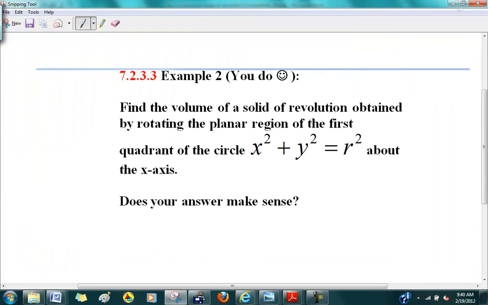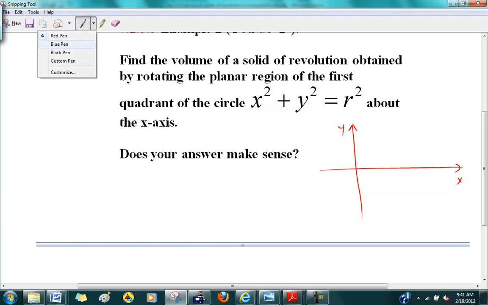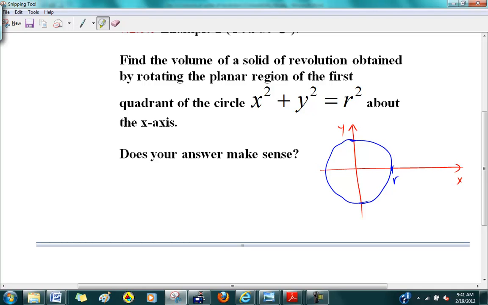Okay, so first things first, you need to graph this. So you know that find the volume of the solid obtained by rotating the plane region of the first quadrant of the circle. Okay, so here's my x, here's my y. My circle kind of looks like this, where this is r, that's the radius, and that is r as well. And it's telling you that you want to rotate this planar region here, all this region here,